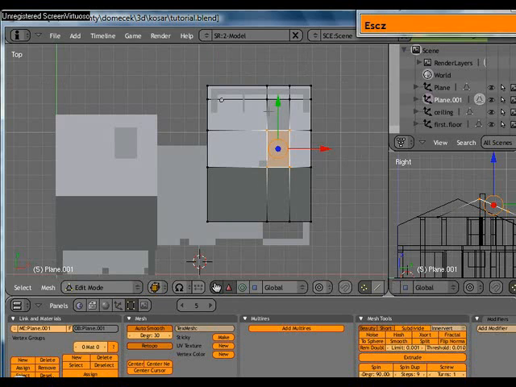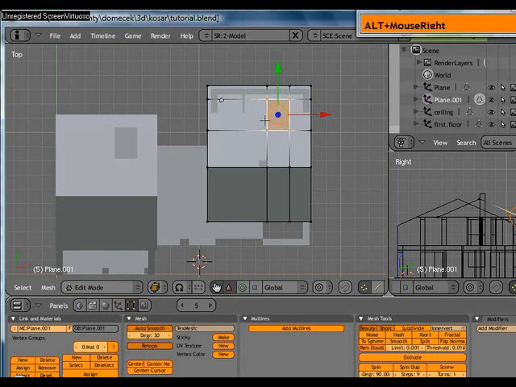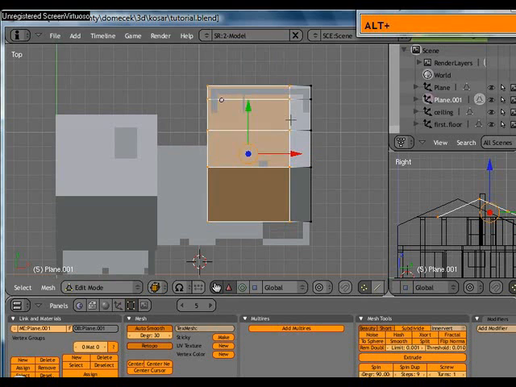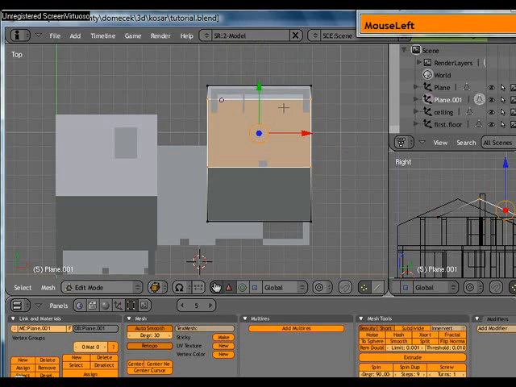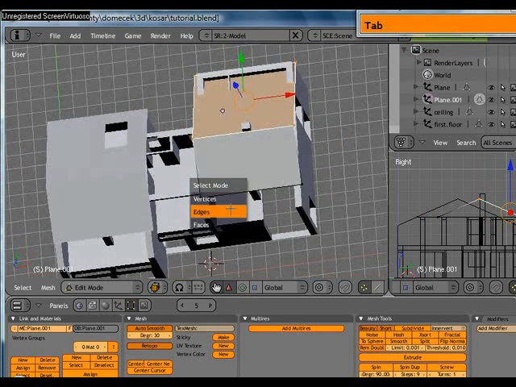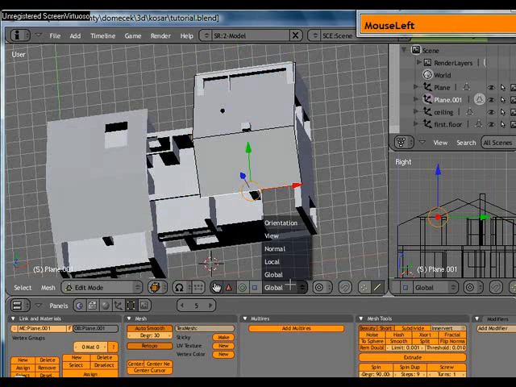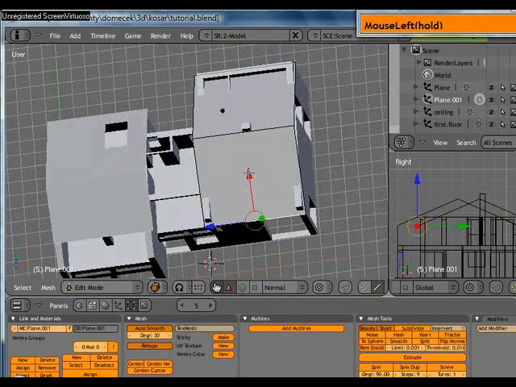In fact I can delete those edge loops because I don't need a window in this part. Now I would like to take this edge and go to normal mode and move it over here. Now I will select the first floor,